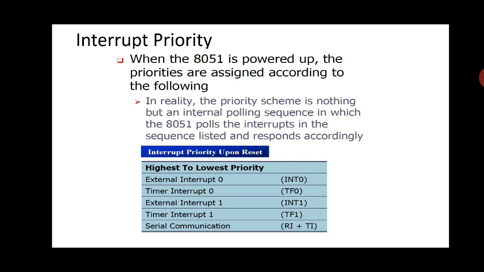Let us take that an interrupt has occurred from TF1 and the microcontroller is giving service to the TF1 program at the specific location. In the meantime, if an interrupt arrives from INT0, it will temporarily suspend TF1 and give service to INT0. This is how the priority has been sorted, in which the highest priority has to be executed first.